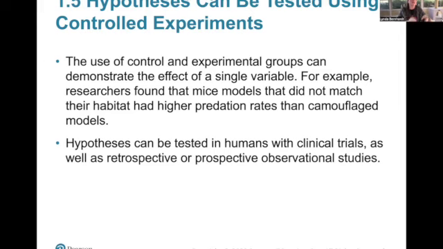Retrospective means you gather all this data and you look at what happened in the past. This has been done a lot for dietary things and like secondhand smoke and lung cancer and stuff like that. Same thing for the observational studies. Just go, hey, here you go, and you observe a lot.